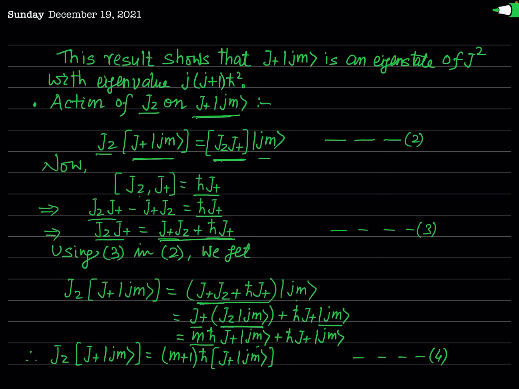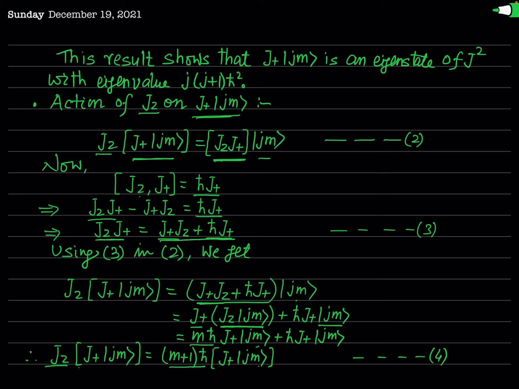Now in the RHS you can see that we can take (m+1)ħ as a common factor, and this will be (m+1)ħ times J+ operated on |k, j, m>. So you can see this equation 4 is nothing but